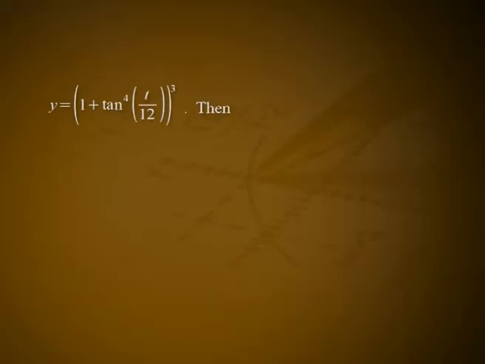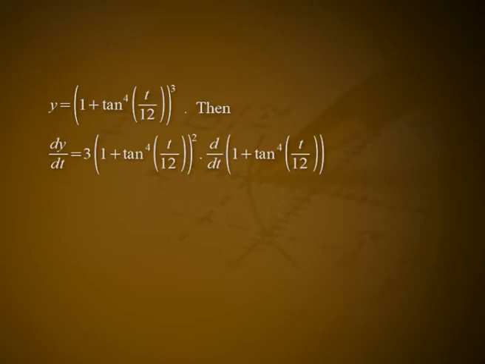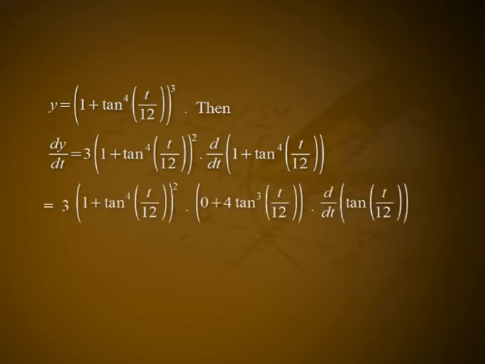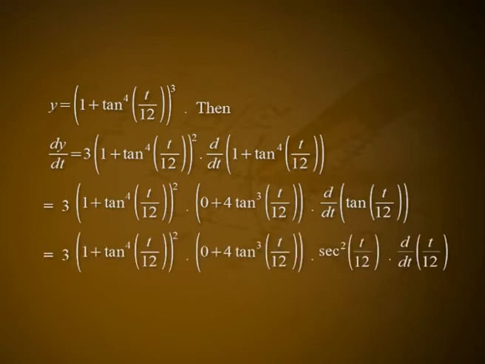Example. Let y equal to (1 plus tan raised to 4 of t by 12) whole raised to 3. Then dy by dt equal to 3 into (1 plus tan raised to 4 of t by 12) whole square into d by dt of (1 plus tan raised to 4 of t by 12), which is equal to 3 into (1 plus tan raised to 4 of t by 12) square into 0 plus 4 tan raised to 3 of t by 12 into d by dt of tan t by 12